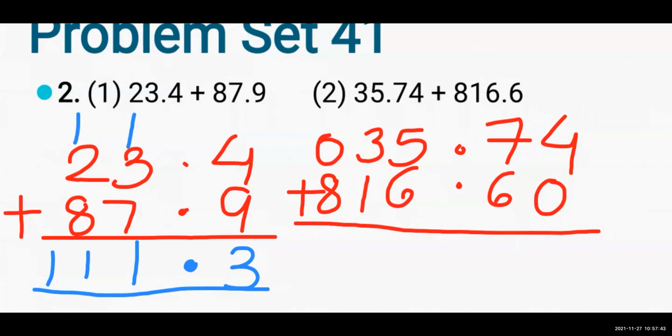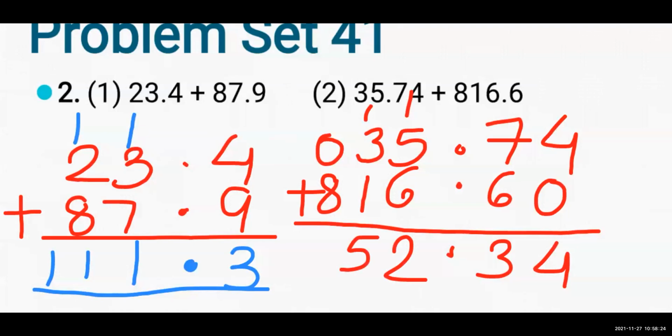Now the next last part is what? Addition part. So 4 plus 0 will become 4. 7 plus 6, 12, plus 1 will become 13. Point plus point will become point. Now 6 and 5. 6 plus 5 will become 11. 11 plus 1 will become 12. So here will be 2, carry 1. Now 3 plus 1 will become 4. 4 plus 1 will become 5. Very good. And 8 plus 0 will become 8.